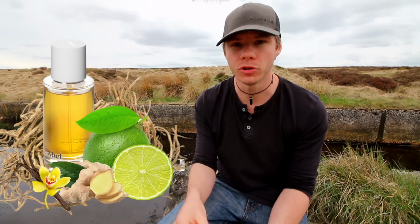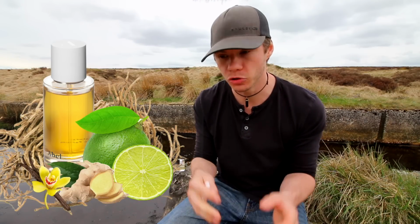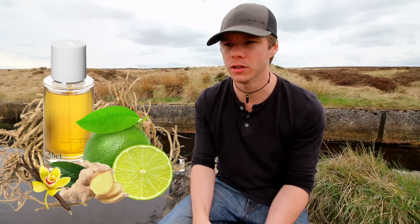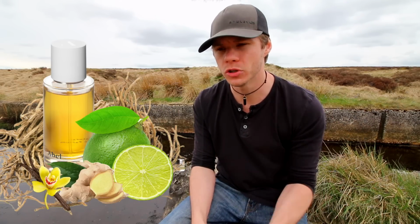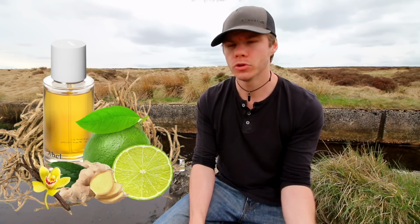I enjoyed it that much that it's actually in my to buy pile, which there's very few in the to buy list, but I will be getting a bottle of this at some point. I enjoyed wearing it, and I think it's perfect for the summer especially. So this is going to be one of my summer fragrances in the future. But summer and spring,